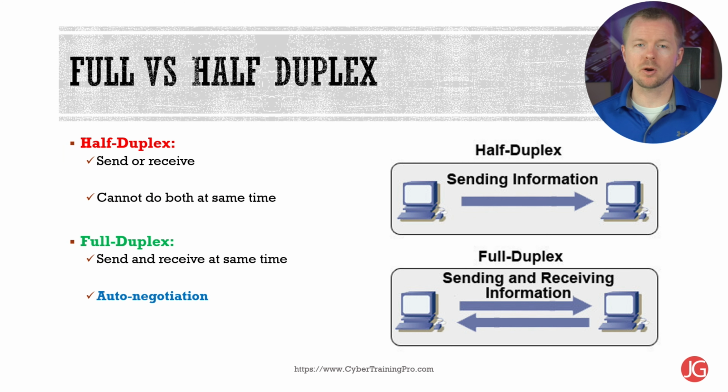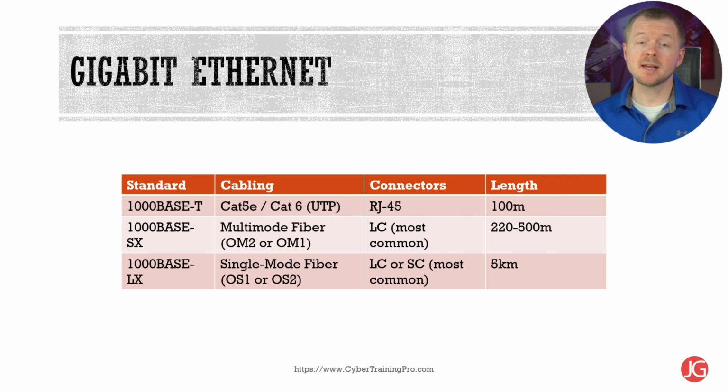One of the issues with early 100 base T network interface cards was that they could only send and receive data, but they couldn't do it at the same time. We call this half duplex. Fortunately, over time, NIC cards have become more functional, and they include this auto negotiation feature for full duplex so that they can both send and receive data at the same time. Now, an easy way to think about this is a one-way road for half duplex, where full duplex has lanes going in both directions. It doesn't mean that data can travel at faster speeds, but it does double the network bandwidth.